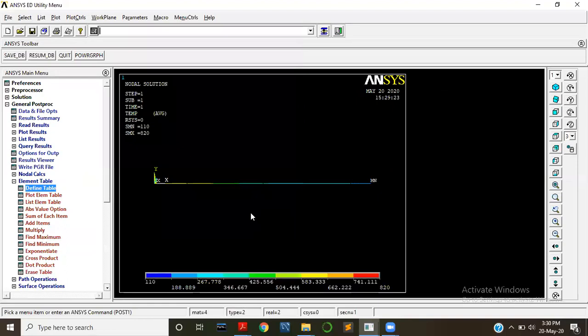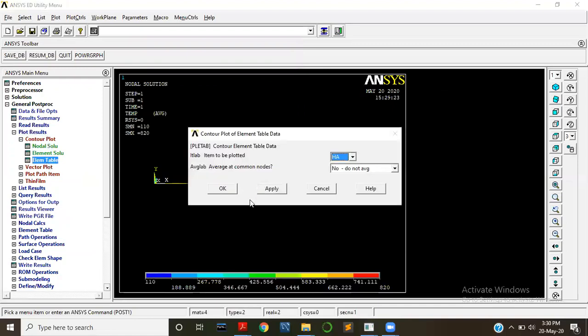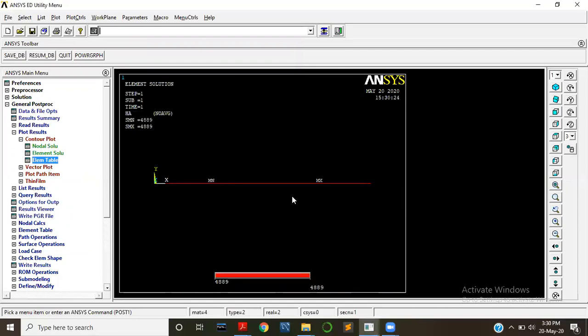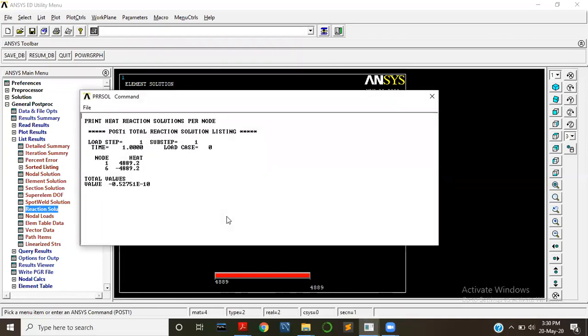General postproc, plot results, contour plot, and in that element table, and here this one. Okay, so this is another result what we need, and general postproc, list results, reaction solution, all items. So this is another result. These are the results what we need. This is how we will solve this particular problem. Thanks for watching.